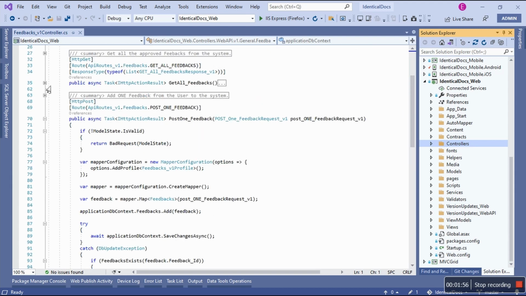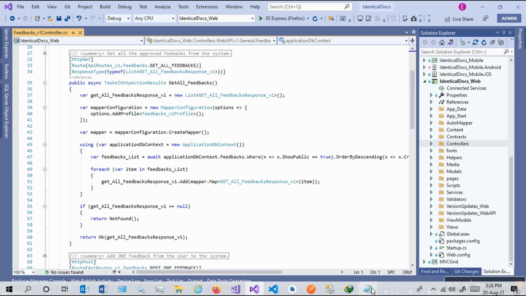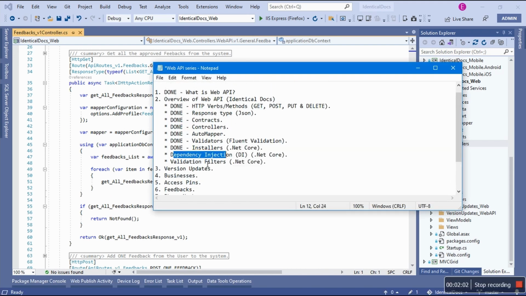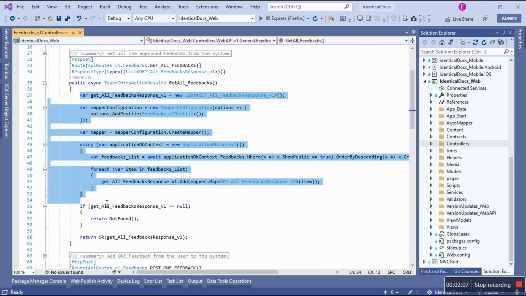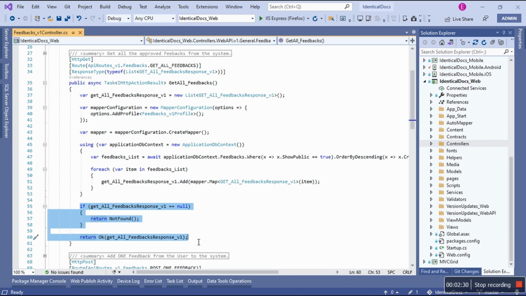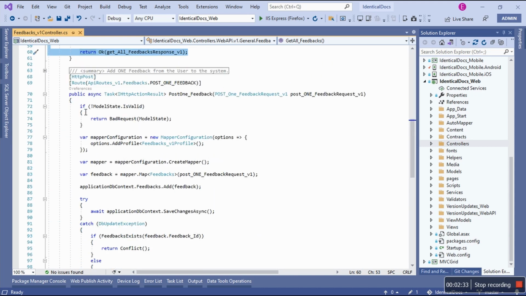These two endpoints. I'm not going to focus on them in depth. There's a video for it called feedbacks number 6. But all of this is unnecessary. All of this is not supposed to be here. This code that's being highlighted is not supposed to be here. I'm supposed to be making a call to the service and getting something that I'm looking for, which is get all feedbacks response v1, and I check if it's null, and this is the only thing that's required in this endpoint. The same thing, okay, this we need here, but if you look at this code,